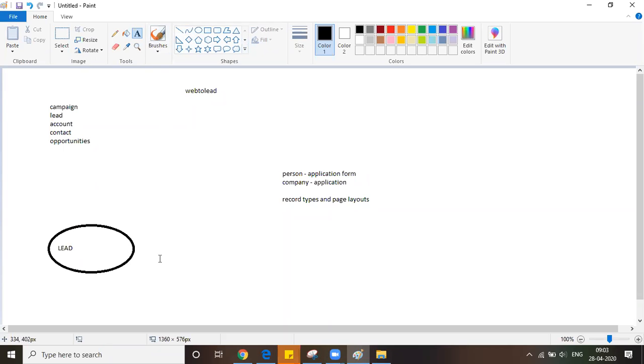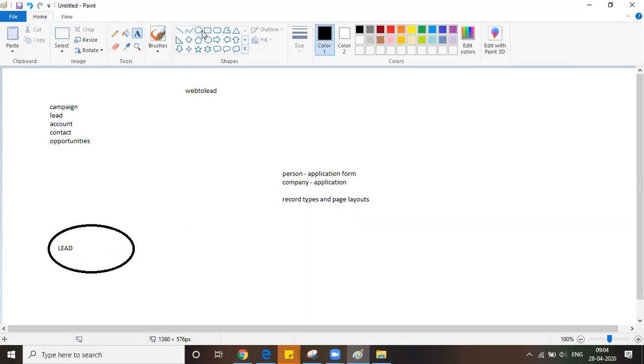So once the discussion has been done, I'll conclude whether I want to go with this insurance company or not. If I say okay, the lead will be converted into an opportunity. If I say not okay, the lead will not be converted into an opportunity. But they will have my contact information stored.